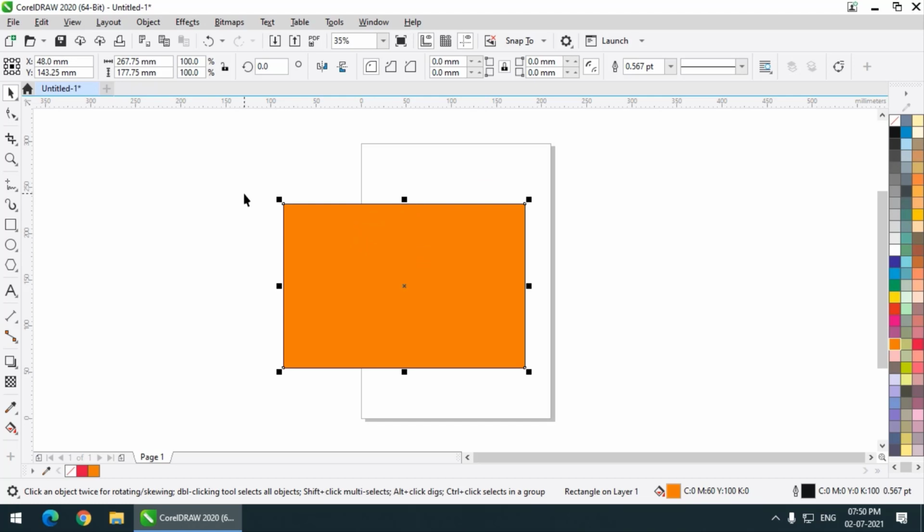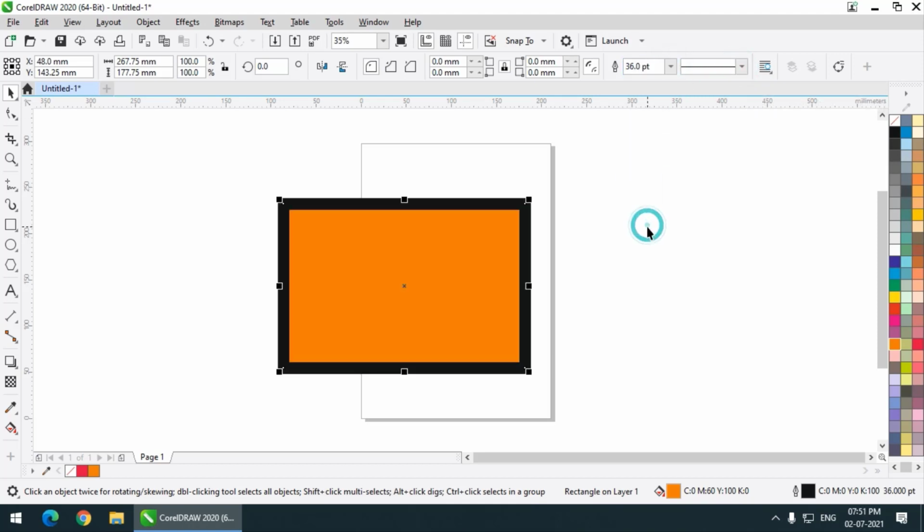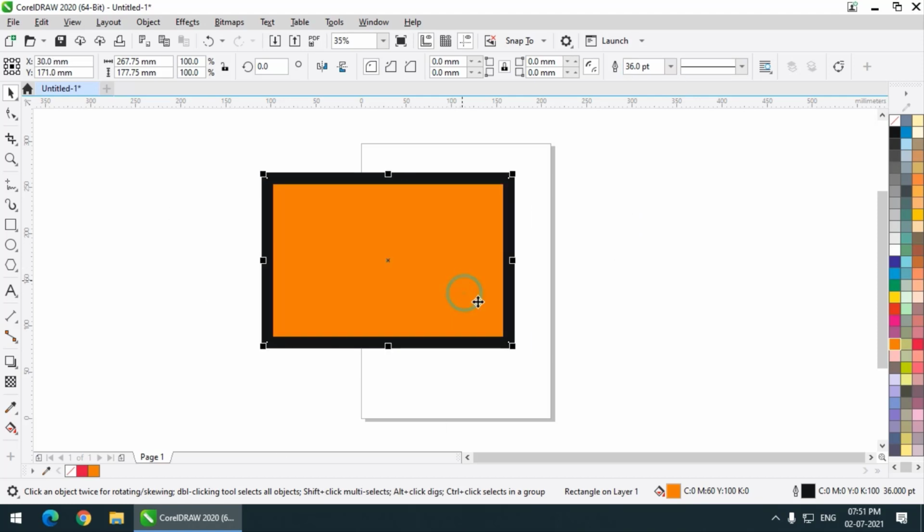Now what if we want to increase the outline size or the thickness? We can simply go over here, and we can increase or decrease the outline width. And now what if I want to change the outline color? Again, we have a couple of options.